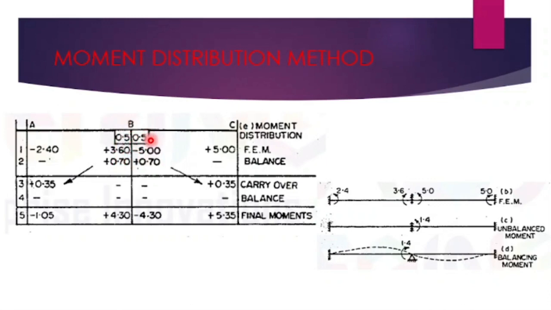Why there is no distribution factor at joint A? So, can anyone say why there is no distribution factor at joint A and joint C? Why? Because see, if I am giving 10 kilonewton to joint A, is there any beam to distribute? Only one member is there. So, everything has to be taken by the single member. If you are having more than one member, then distribution factor comes here.